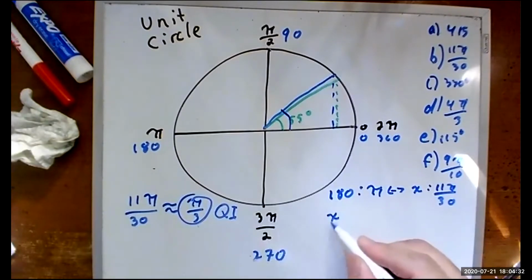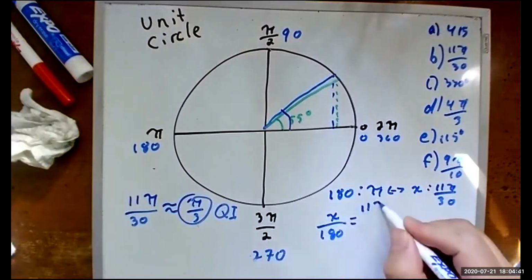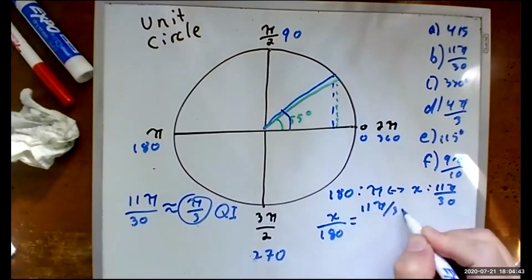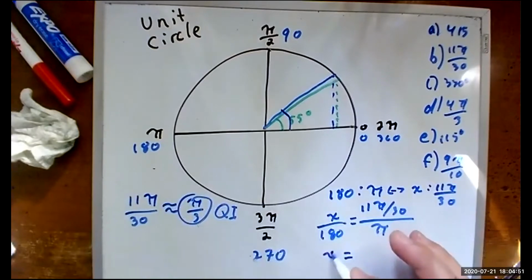I'm going to put it in the easy form. I'm going to put x on top, 180 on the bottom. Will be equal to 11 pi over 30 over pi. The pi's are going to cancel. I end up with 11 over 30